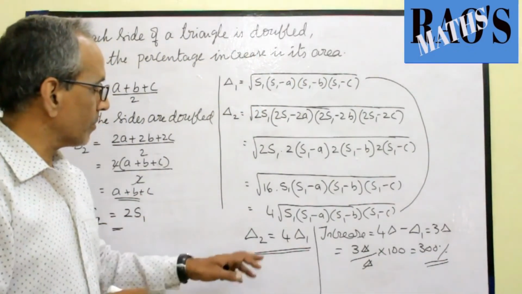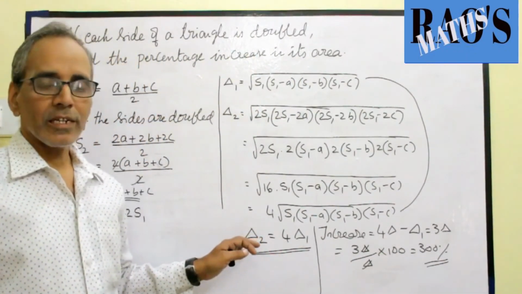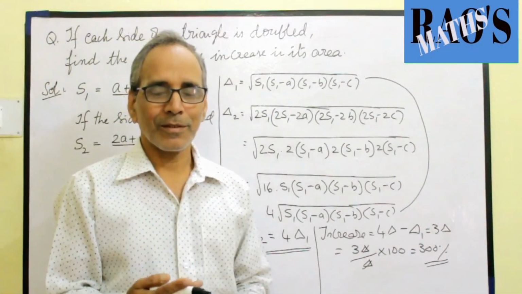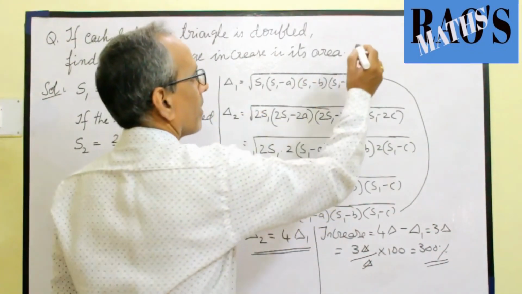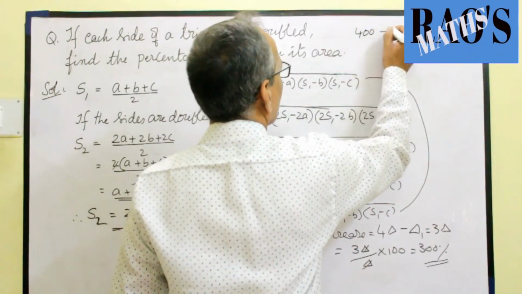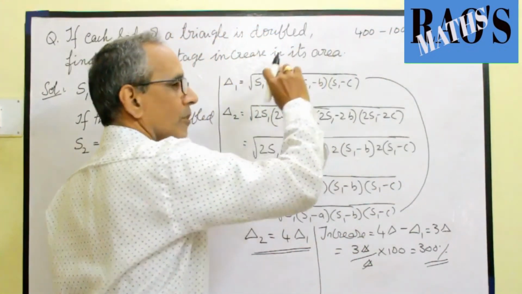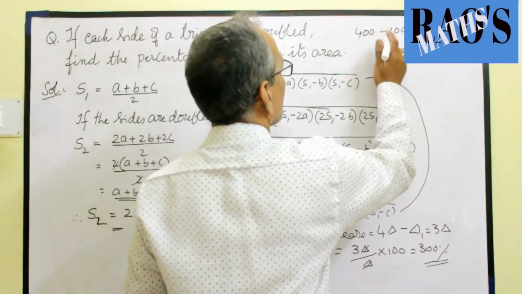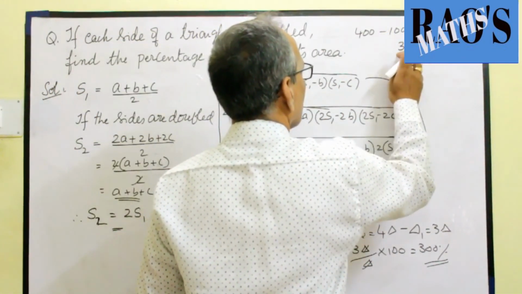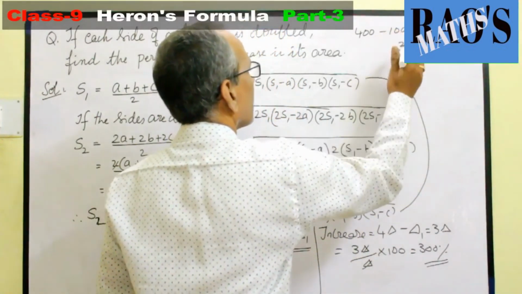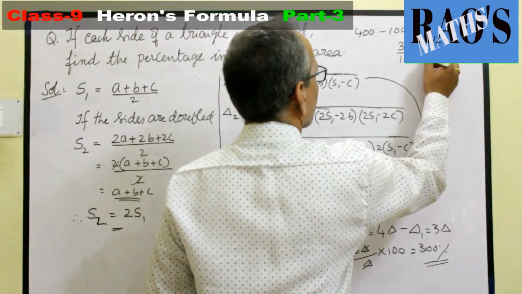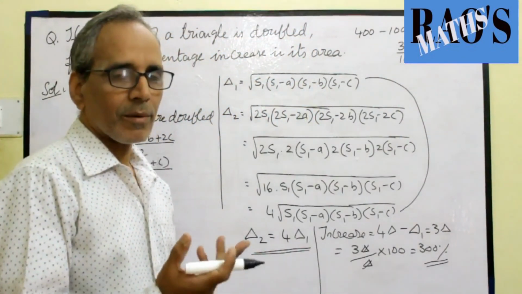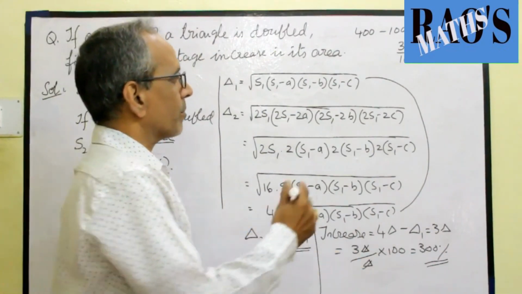But in general, most of the students answered, since triangle 2 is increased by 4 times, the percentage of increase is 4 times. No. It seems to be 100 increased 4 times, but it's not 400. It increased by 300 because here the difference is 300, out of 100 in percentage. It's not 400 by 100, it is 300 by 100. Okay, it is also an important hot question.